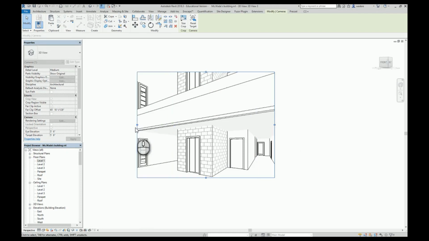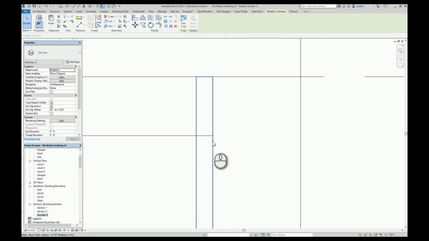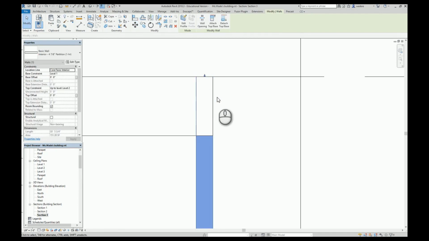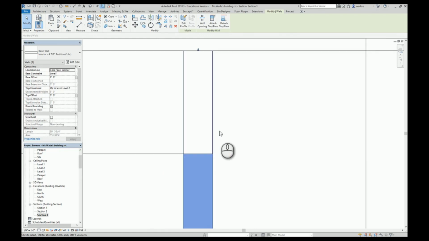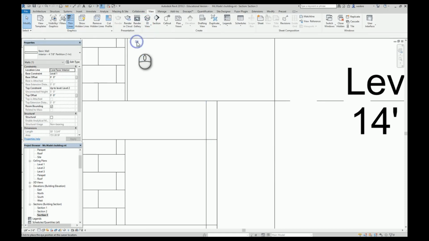Now the next problem I have is I can see where the ceiling and the wall are. So a little trick is to go back to that section that we were just looking at and take this wall and just move it about 1/32 of an inch to where it's just barely outside my wall. Now if I go back to my 3D camera,